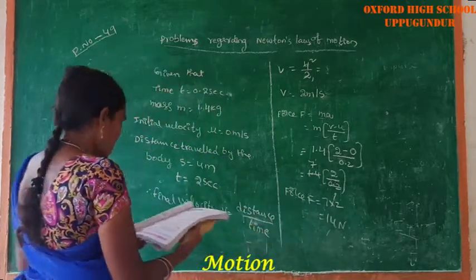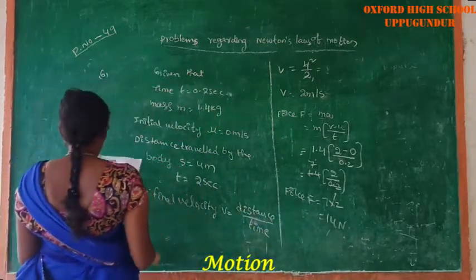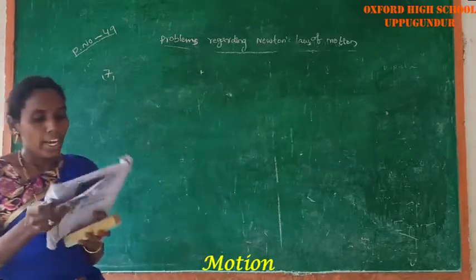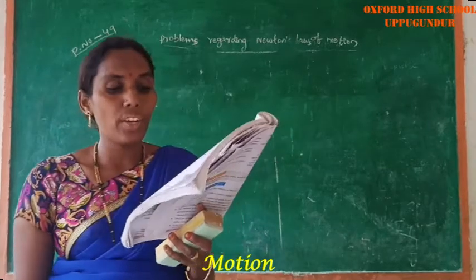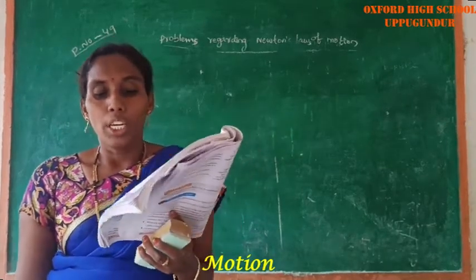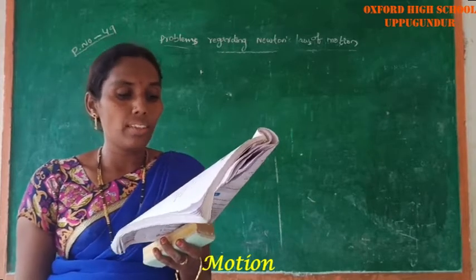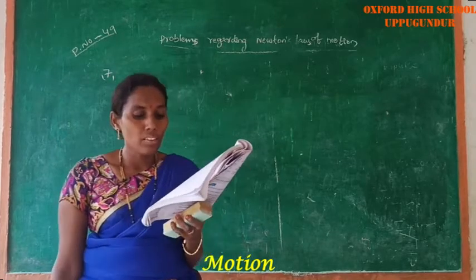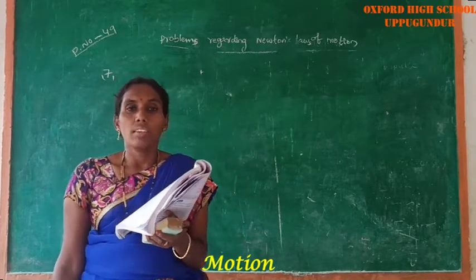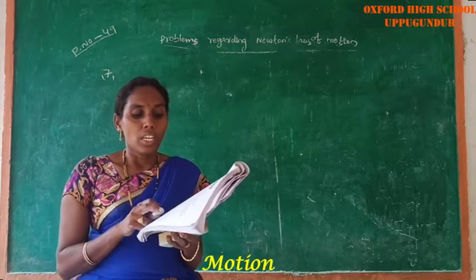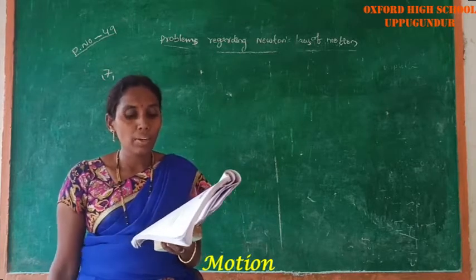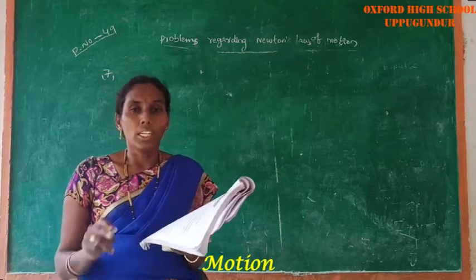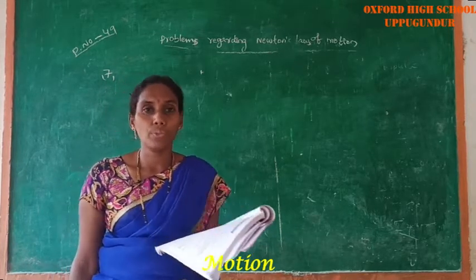Okay, next see the next problem, that is the seventh problem. An object of mass 5 kg is moving with a velocity of 10 meter per second. A force is applied so that in 15 seconds it attains a velocity of 25 meter per second. What is the force applied on the object? Here mass is given. Initial velocity of the body is 10 meter per second and final velocity is 25 meter per second, in a time interval of 15 seconds. Find the force.